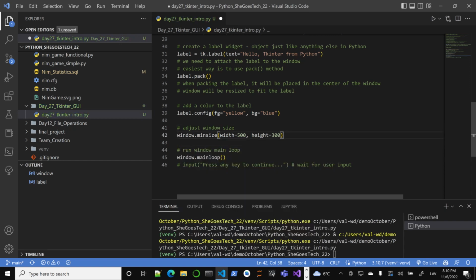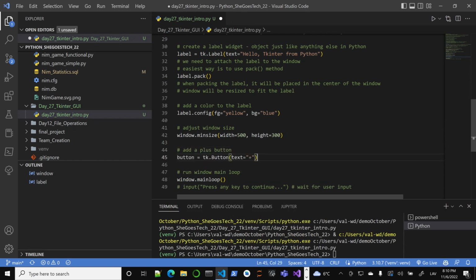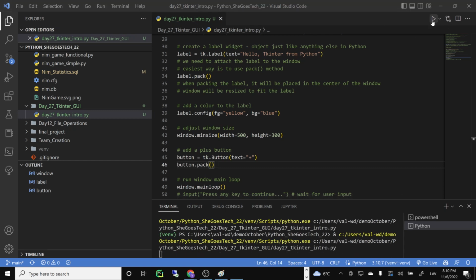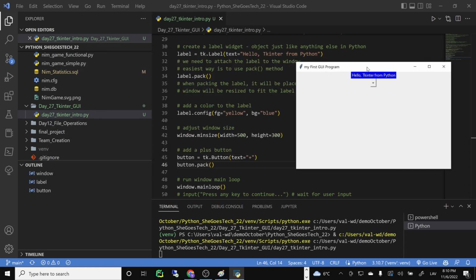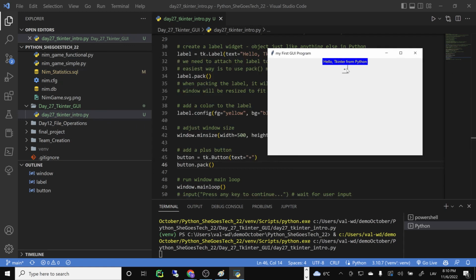So let's add a button, a plus button, with the text plus. Let's run this. Right, there's a plus button, and I can click it. So clicking works. It's a button, and of course we can adjust the size and all other good stuff, but